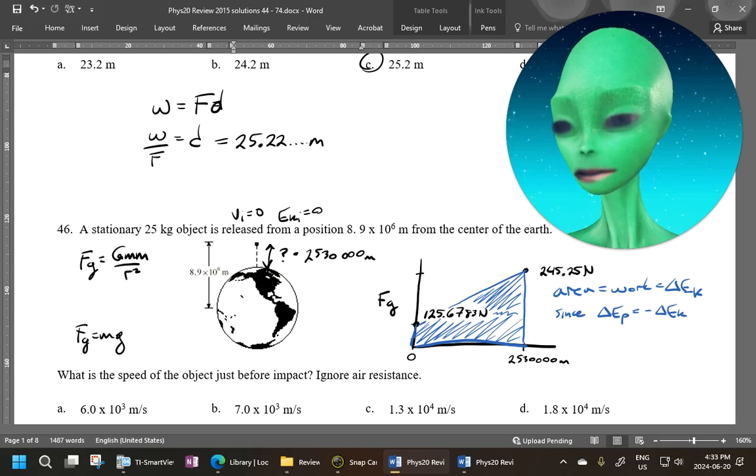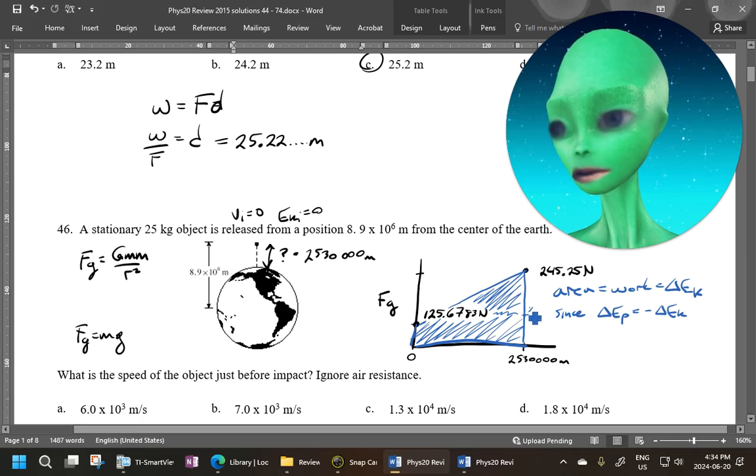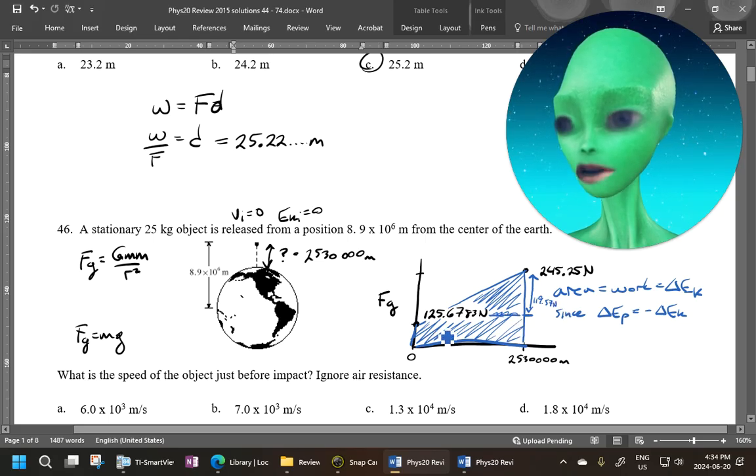So let's just find out what this is. This is a lot of button pressing on my calculator, so I've got to make sure I do that. The height here, from here to here, is 119. You could split this into two shapes. You can do lots of different things, right? You can make this into a triangle and a rectangle and then add them together. Or if you know your trapezoid formula, we can just use the trapezoid formula